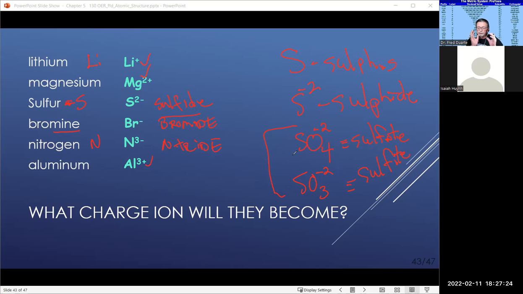And so we got to be careful with the language, because it's very specific, okay? Very specific, because now, notice we got lithium. We can combine lithium and make lithium sulfide, or lithium bromide, or lithium nitride. We can do the same thing with magnesium: magnesium sulfide, magnesium bromide, magnesium nitride, etc., etc. We're building up our database